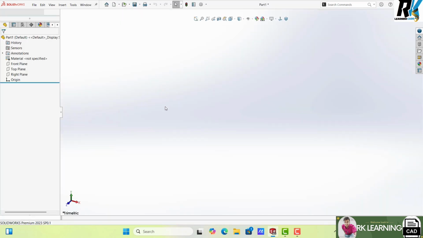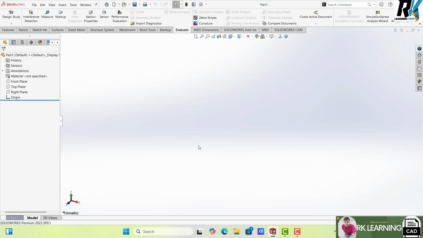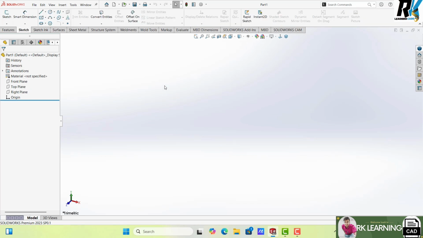When you click OK, you can see this type of screen visible. Friends, first we should know the location of each thing, and after that we can understand. This area you can call the menu bar. If you don't want to see this menu bar, you can click this unpin button. This is the menu bar. After that this is the quick access toolbar. Now this is the drawing area. We can call this one the title bar.